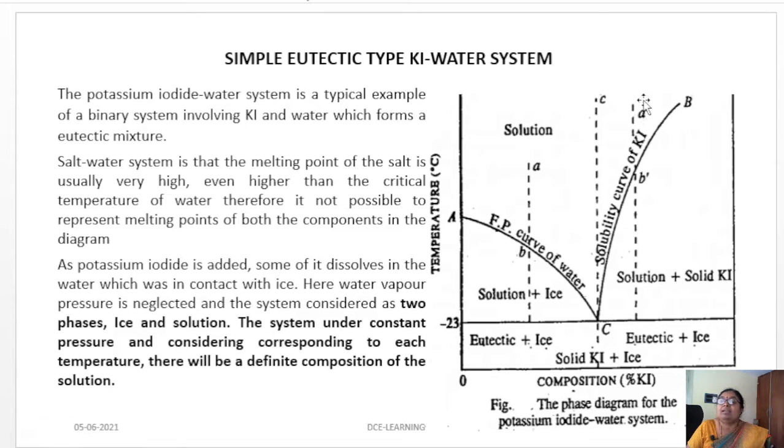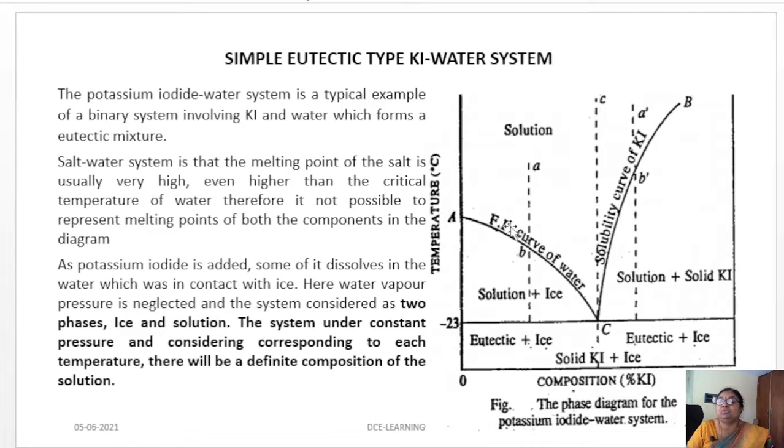When you cool it, once it reaches BC, potassium iodide will solidify. Similarly, if you take any mixture at point A above the AC curve, the freezing point curve, and decrease the temperature up to the freezing point curve of water, then ice will separate out